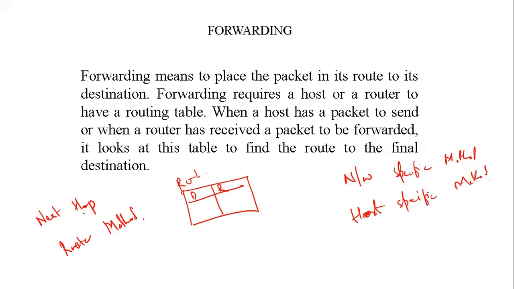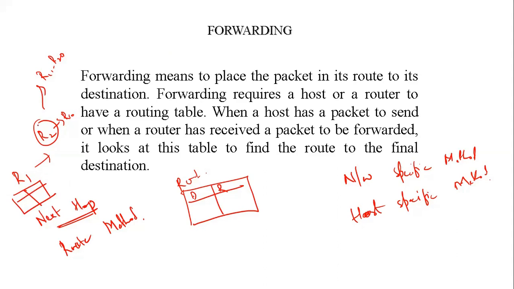Now, what is this next hop method? One technique to reduce the contents of the routing table is this next hop method. In this method, the routing table only holds the address of the next hop. Suppose we are moving from router 1, and the different options available from router 1 may be router 2 to 10. Then again from router 2, we will have options from router 11 to 20.